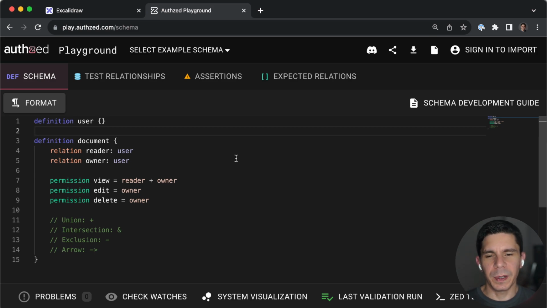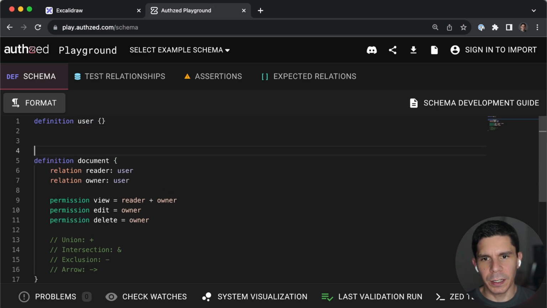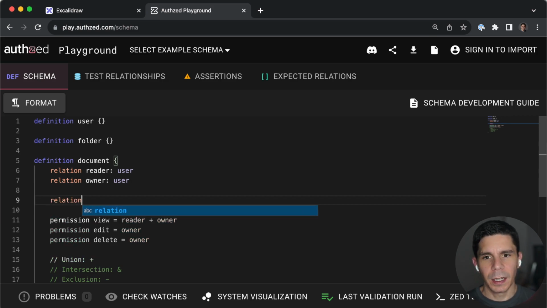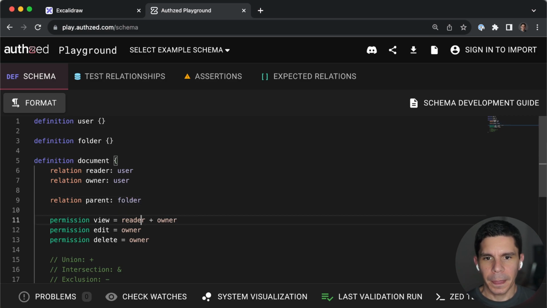So in our example, we've been dealing with documents, and a really natural extension point for documents is to create a folder that the document belongs to, and then inherit some permissions from the folder itself. So the first thing we're going to do is create a new object definition called a folder. And then we're going to add a relation coming out from the document. So starting from the document, we're going to call its parent of type folder. Okay, so what this is saying is that a document belongs to a folder, or a document has a parent